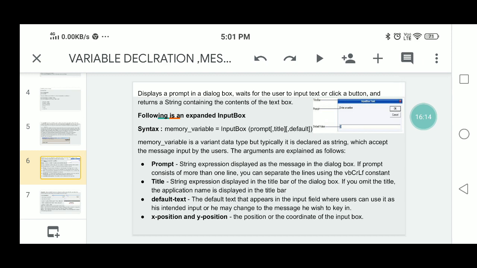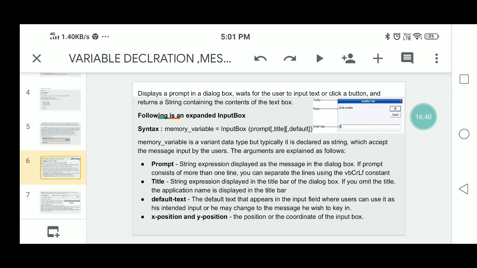The prompt is a string expression displayed as a message in the dialog box of the input box. If the prompt consists of more than one line, the string will appear on more than one line. You can separate the lines using the VB control constant.